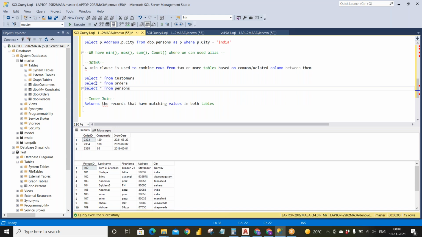Suppose I have a customers table and an orders table. What this inner join does is simply get the data which is common in both the tables. So I'll show you on the whiteboard.